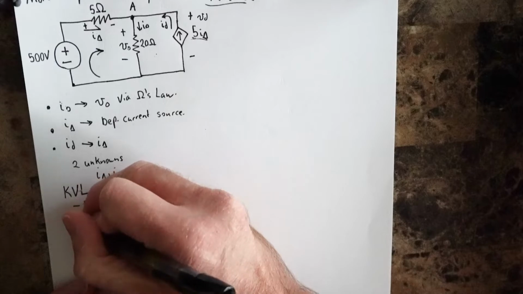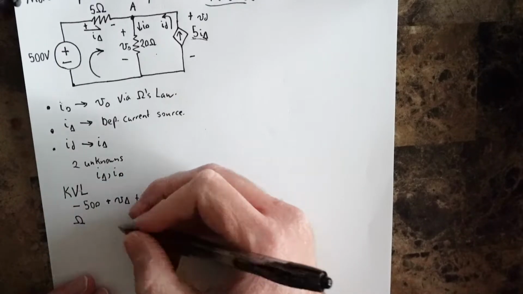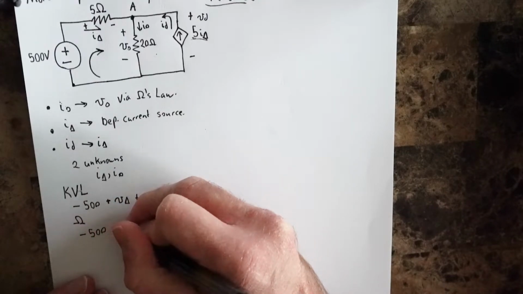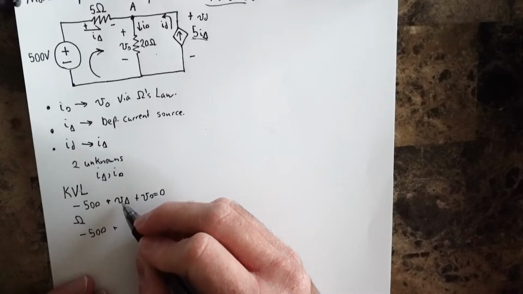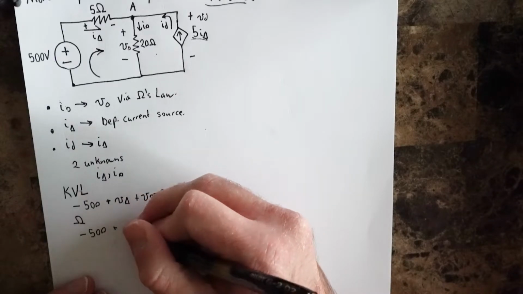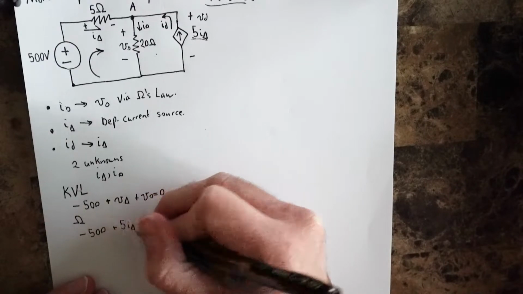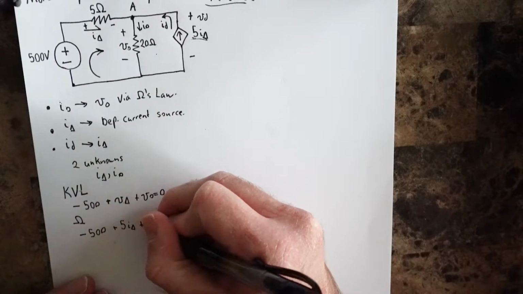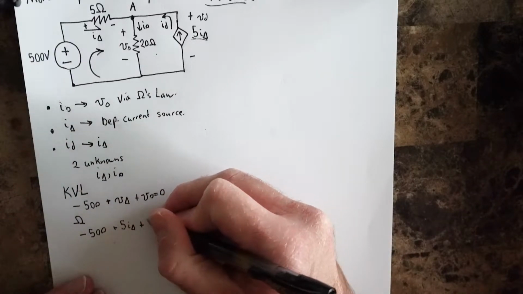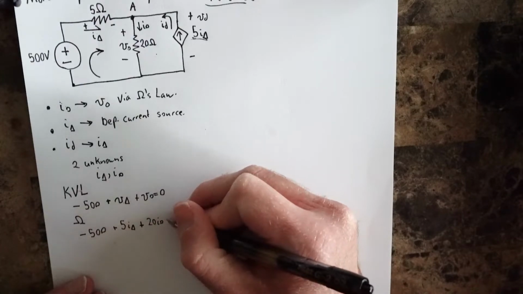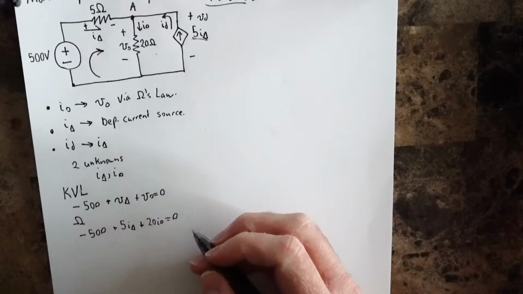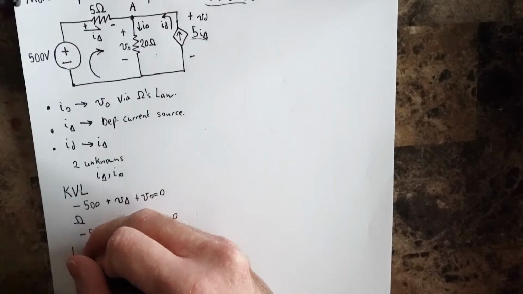Okay, then if we employ Ohm's law, that will leave us with minus 500 plus, plugging in IR here, 5 I delta, and then again plugging in Ohm's law right here will give us 20 I naught, and again that must be equal to 0. So now we've got one equation, so let's go ahead and get that second equation, and to do that we'll